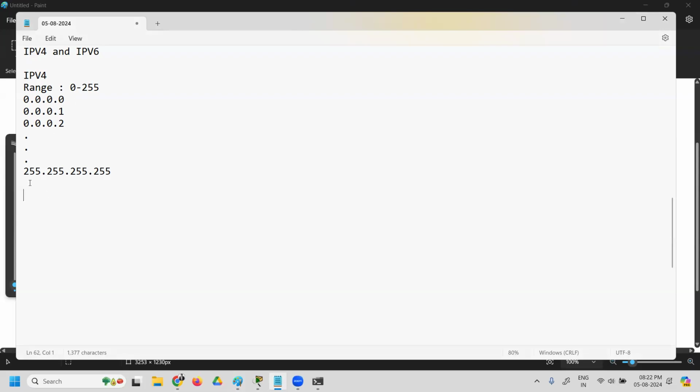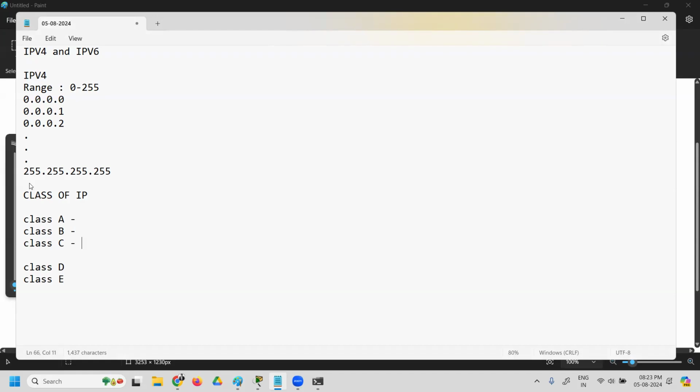Now this is the IP range 0 to 255. What they've done is categorize this particular range into different classes, the classes of IP. They categorized IP into five different classes: Class A, Class B, Class C, and then Class D and Class E. Among these, the first three classes, A, B, and C, are called general purpose IPs, which means the IPs inside these three classes are used for a generic purpose among users and devices.